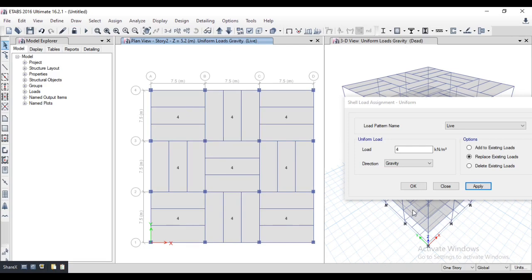Then select again all story for dead load. Then go to terrace level, choose one story and deselect. This is the fast method for selecting the objects. That's why we are doing this.